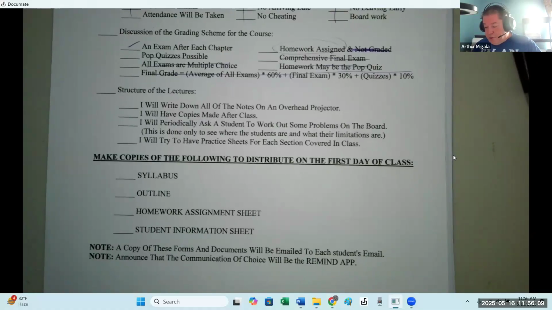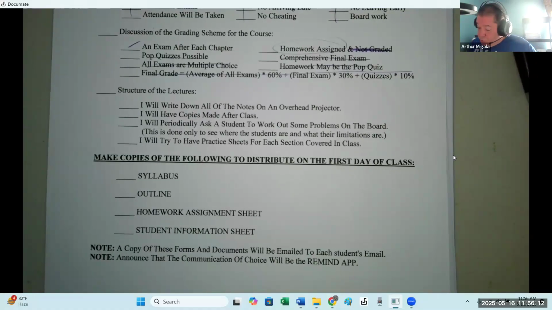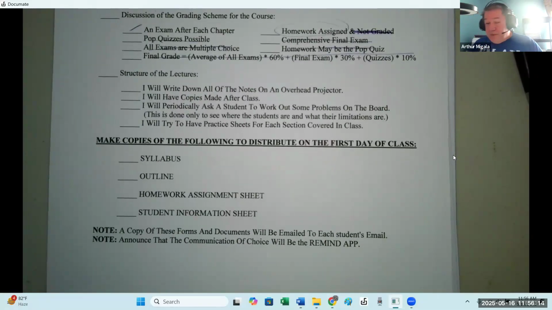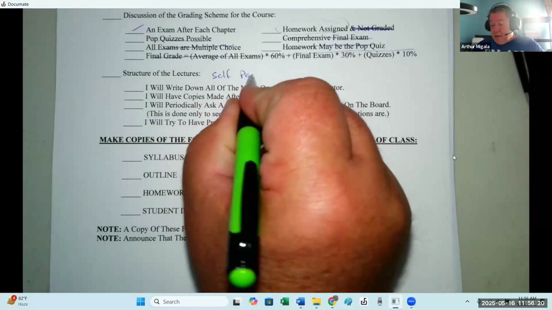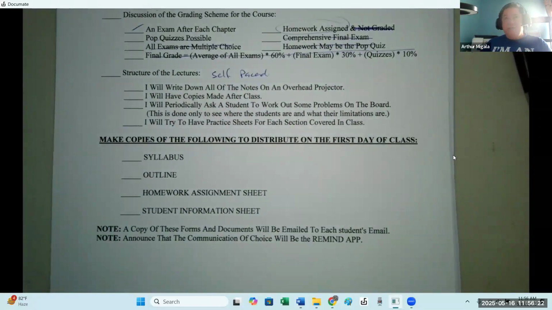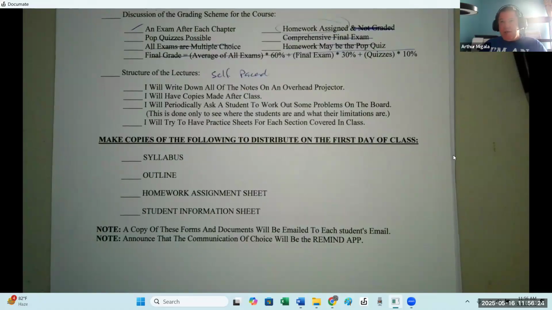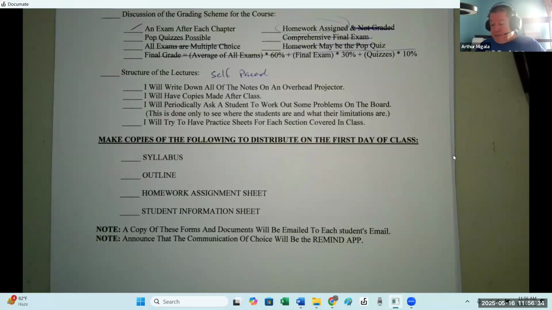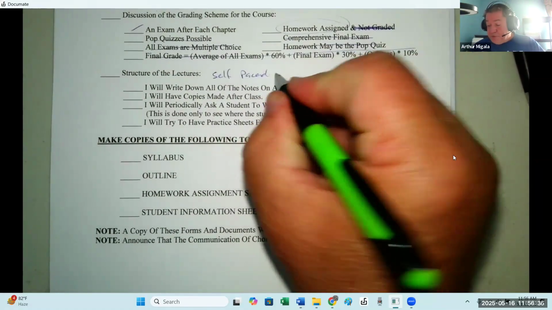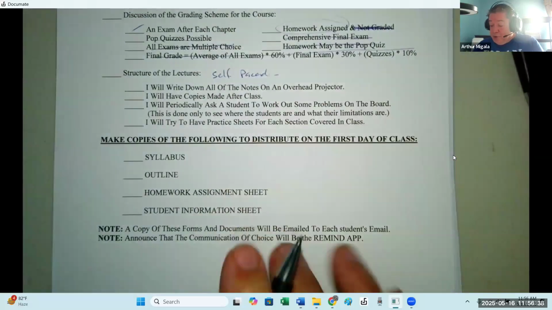So this is what I use for the regular long semester, but since you guys are in a short course, the course itself is self-paced. The course is self-paced. And I'm going to adjust the dates and everything on the syllabus to correspond. It won't be set in stone, but it's just going to be a guide so you can finish the course in time. So basically, the only due date I have